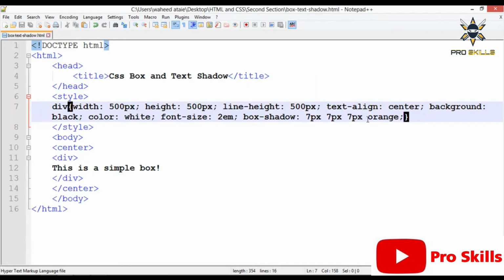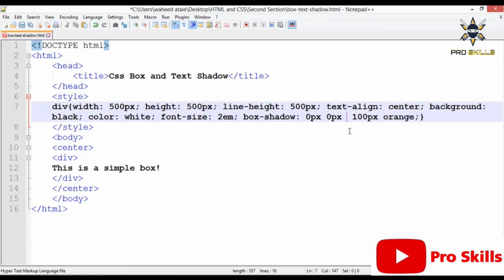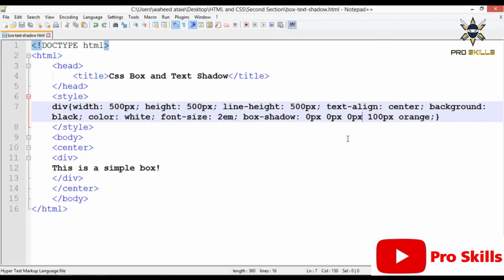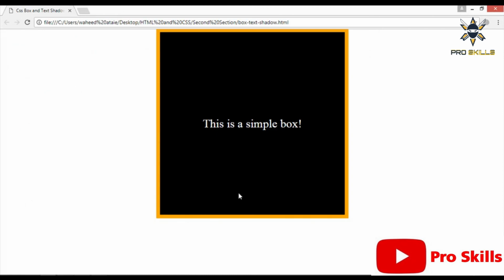And here one more way I'm just going to show you. You can just set 0 pixel from the bottom, 0 pixel from the right, and 100 pixel of blur shadow. It will take all over, you can see. And if you give one more 0 pixel here and save and refresh, now you can see. But we are not going to use this, or you can just decrease this one, for example something like 10 pixel, we are going to use. Save this and refresh. So you can use shadow like this,